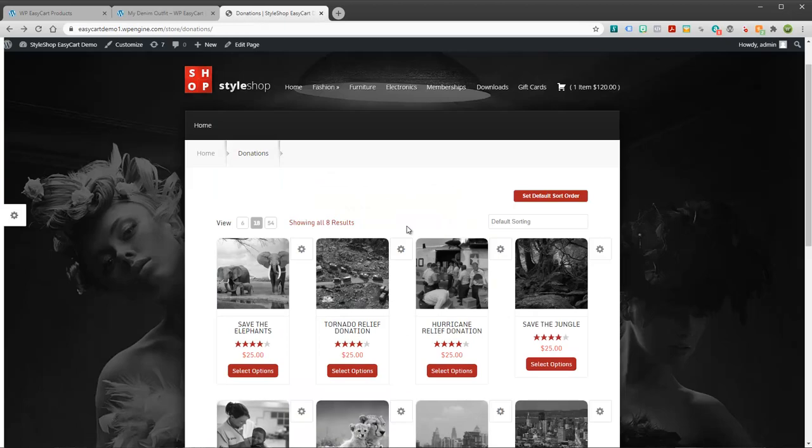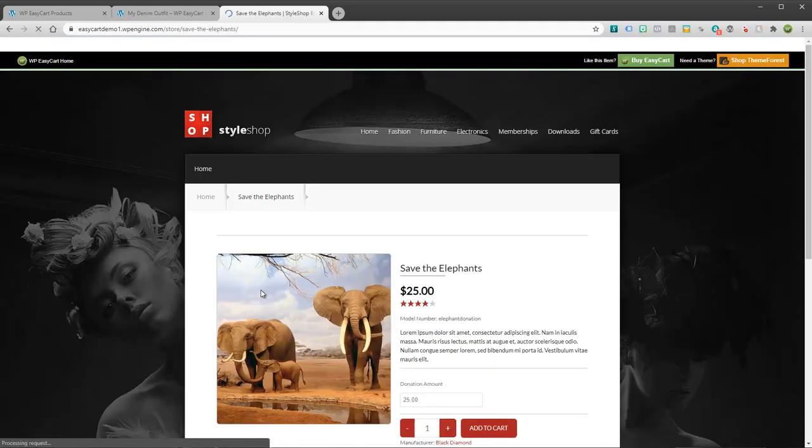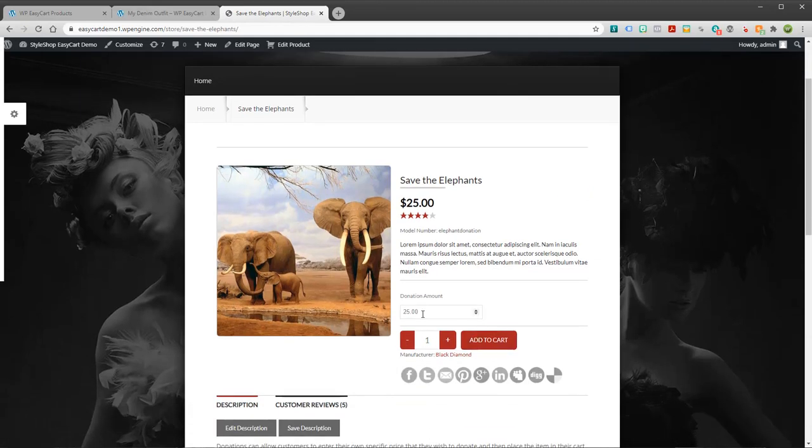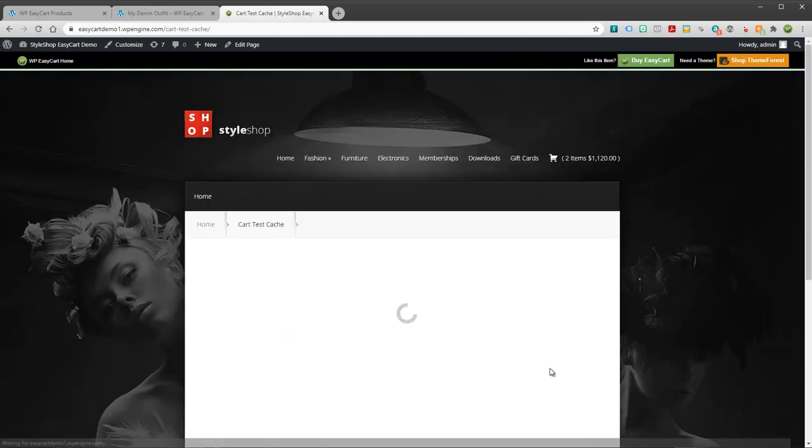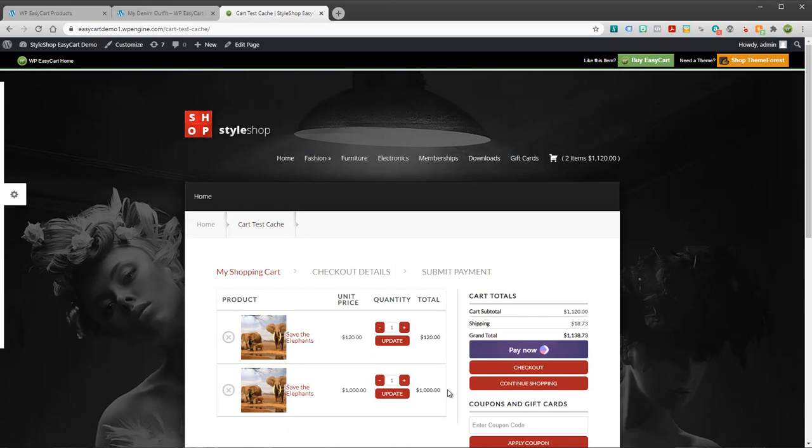Whereas a donation, if we take a look at this example, we want users to have maybe a starting amount, but we want to give them flexibility. Maybe they want to donate $75 instead of $25. So we're opening up that price field here to allow them to customize this, and they can enter however much they want. They're able to add that to their shopping cart, and you can have them check out with custom